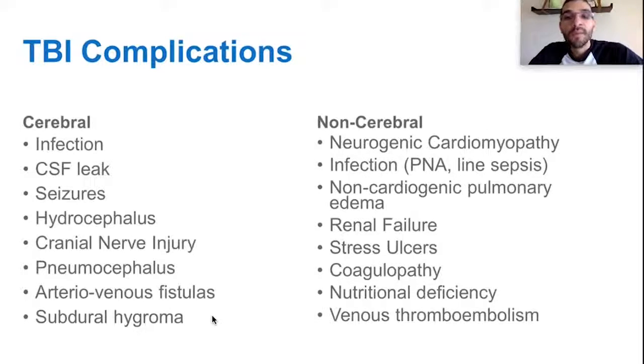Other complications of TBI are non-cardiogenic pulmonary edema, also known as neurogenic pulmonary edema. There is risk of renal failure with the hypertonic saline and the mannitol, risk of stress ulcers, risk of coagulopathy. The brain has a lot of plasminogen, which when released increases your risk of activation of plasmin and breaking down of all these clotting factors, right? Breaking down of fibrinogen. Then you can develop nutritional deficiency because people sometimes don't get appropriate tube feeds because they're